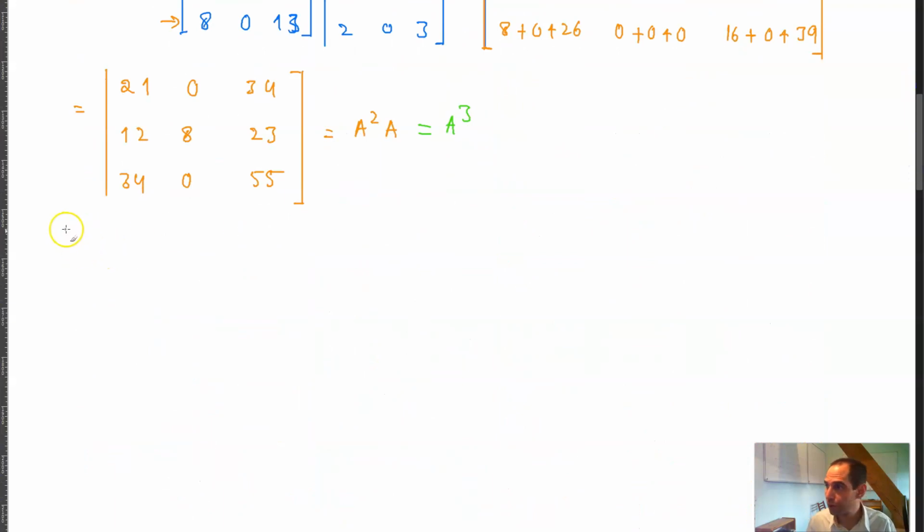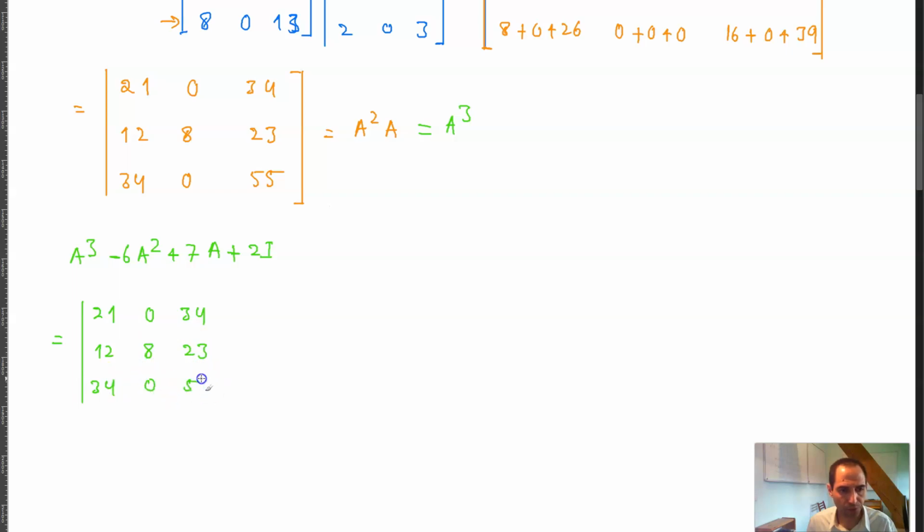The equation is A cube minus 6 times A squared plus 7 times A plus 2 times I is equal to, now A cube is this matrix, which is 21, 0, 34, 12, 8, 23, 34, 0, 55,